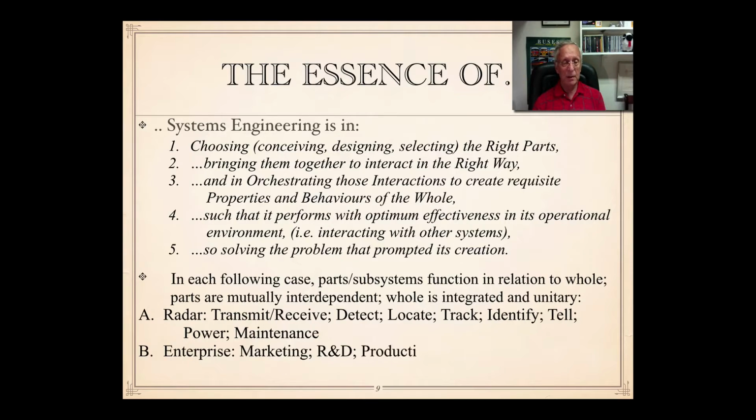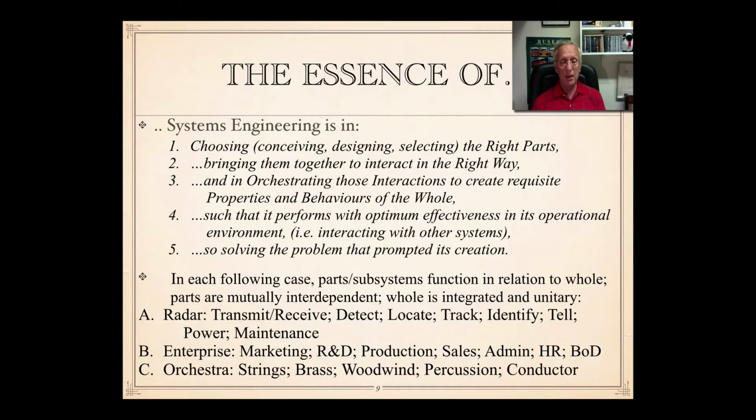An enterprise consists of marketing, research and development, production, sales, admin, human relationships, and a board of directors or similar. And the most obvious example is an orchestra: strings, brass, woodwind, percussion, and of course a conductor to bring them all together. Notice, particularly from C, which makes things rather obvious, how each part has to work in cooperation with and adapt to the other parts,